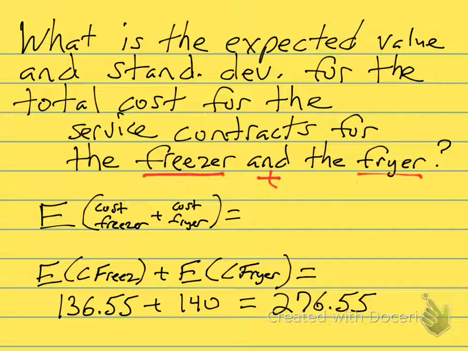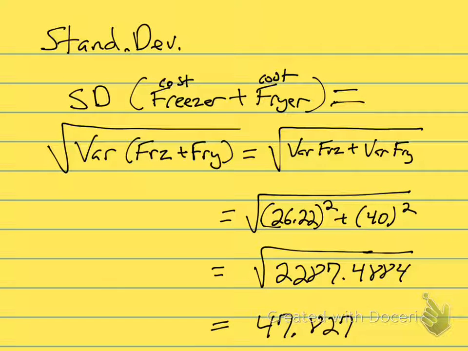So in this case, we have two separate pieces of equipment. So we are going to separate those and add those together, their expected cost. So the expected cost for 1 year of the freezer and the fryer is $276.55. Hopefully you can kind of foresee that with our standard deviation, we're going to have the standard deviation of